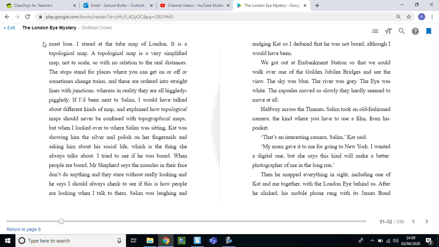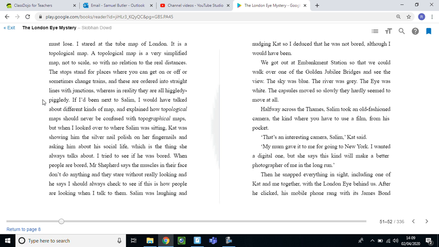I stared at the tube map of London. It is a topological map. A topological map is a very simplified map, not to scale, with no relation to the real distances. The stops stand for places where you can get on or off, or sometimes change trains, and these are ordered into straight lines with junctions, whereas in reality they are all higgledy-piggledy. If I'd been next to Salim, I would have talked about different kinds of map and explained how topological maps